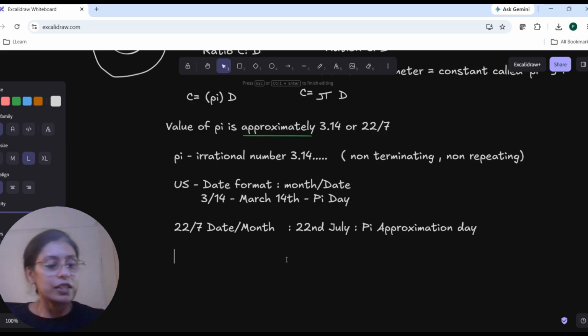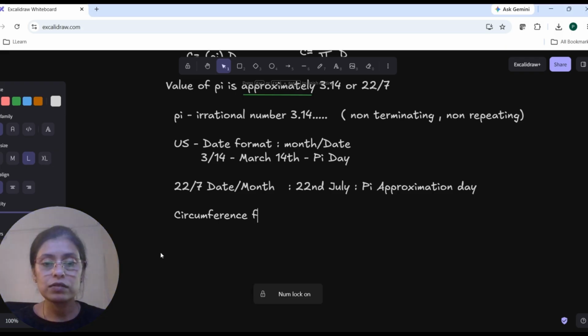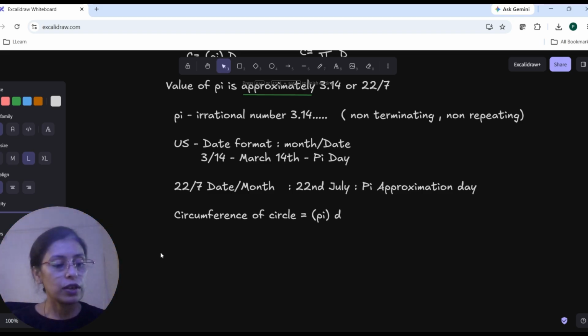Okay, so now we come to the topic of circumference. So already I told, circumference of circle is pi into d, or you can even write it as small d. Okay, so